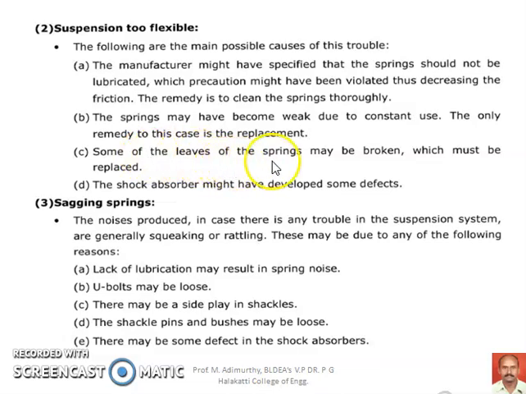And some of the leaves may be broken. And then also the suspension will be too flexible and the remedy is to